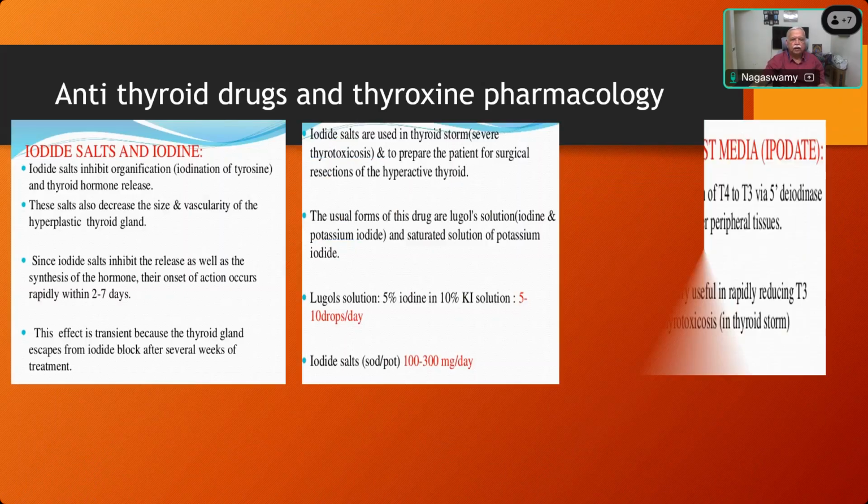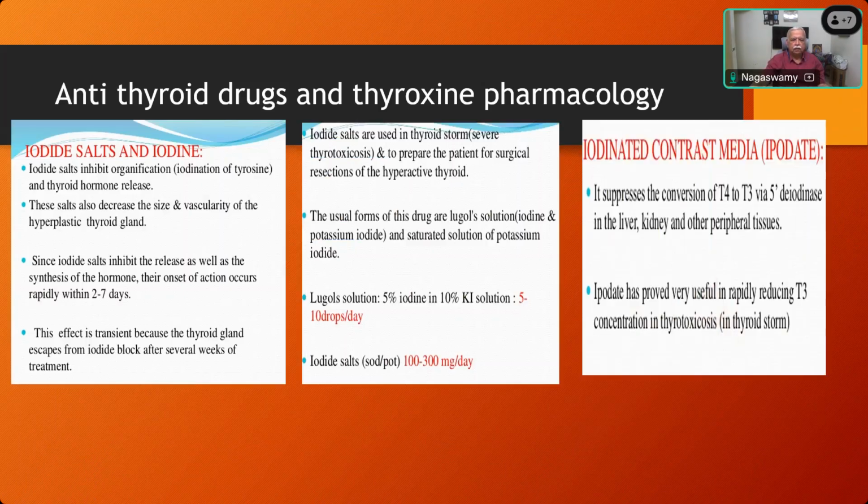And the Lugol's iodine. This is one question the examiners are fond of asking. So a very vascular tumor, if the surgeon wants to do a thyroidectomy to reduce vascularity, they can administer a drug called Lugol's iodine, which is 5% iodine in 10% potassium iodide, and the dose is 5 to 10 drops per day. So as long as you give,